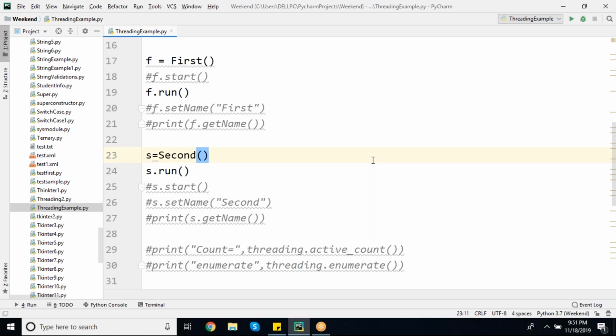Thread synchronization is a process of making only one thread be executed at a time. Clear, right?